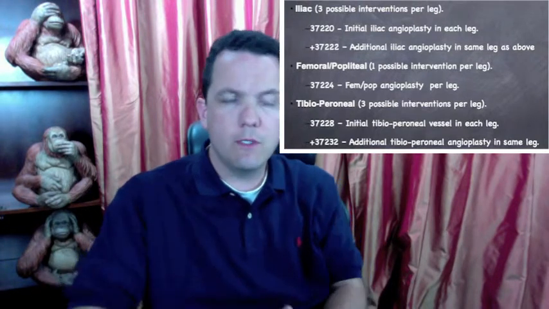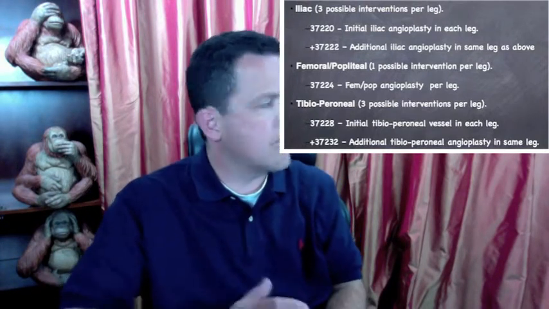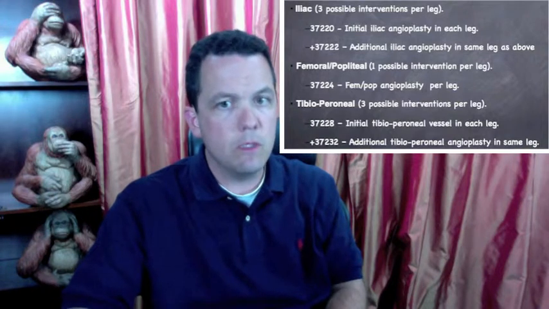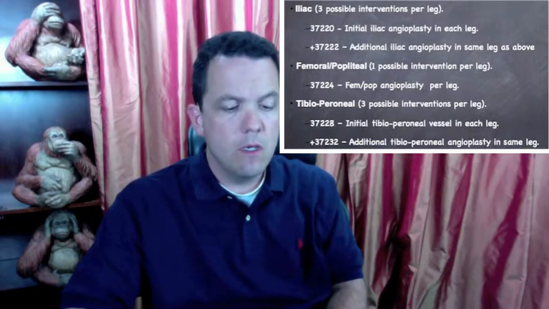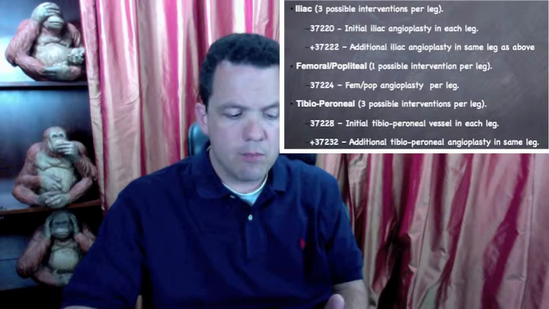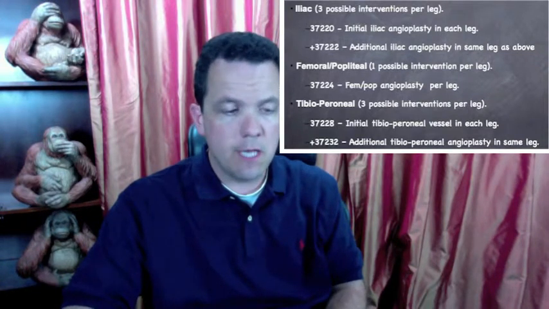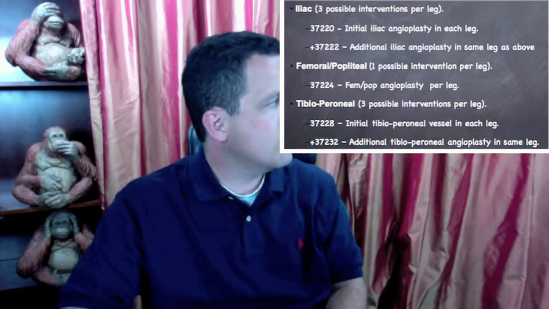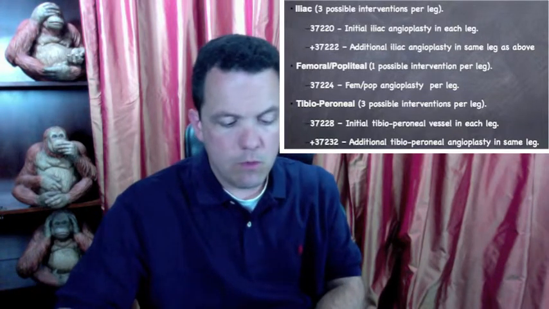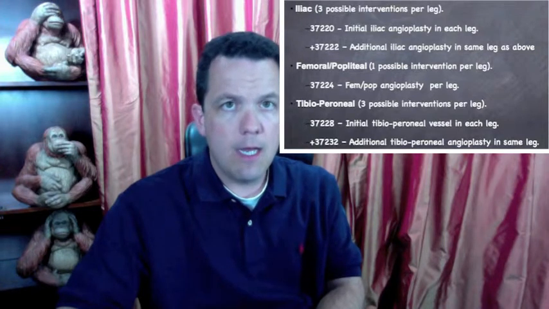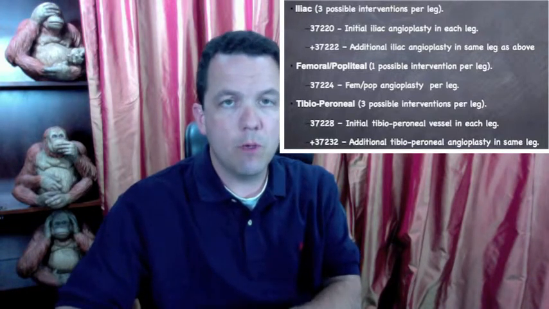So one of the ways to look at this would be that the most complex angioplasty we could do in the iliac vessels would be a procedure that includes angioplasty of the common iliac, the internal iliac, and the external iliac. And that would be reported with code 37220 reported 1 time, and code 37222 would be reported